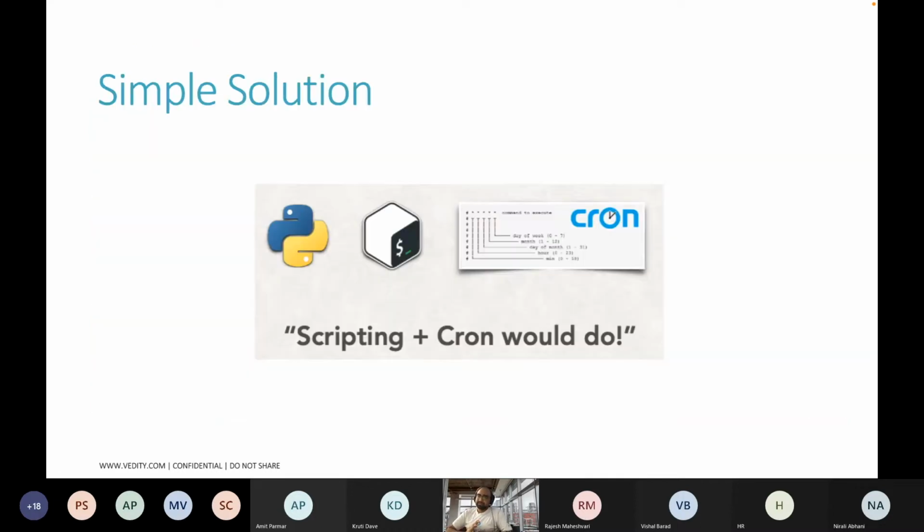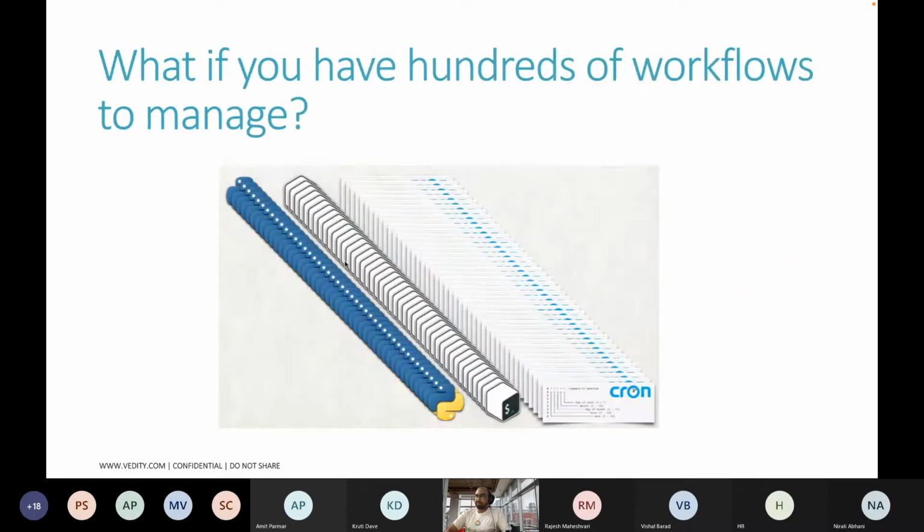So many times it comes to my mind: why should I go with Airflow? This is a simple task. I can achieve these kinds of things with Python, a cron job scheduler, and some scripting. Okay, but what happens